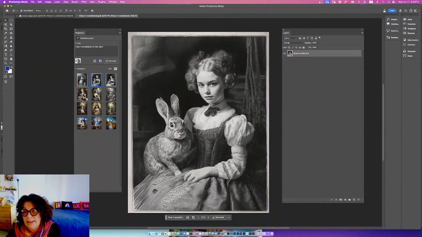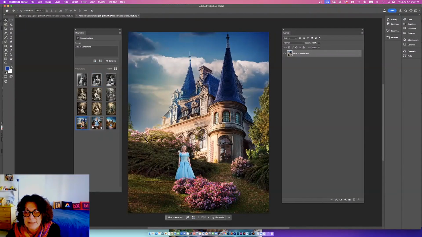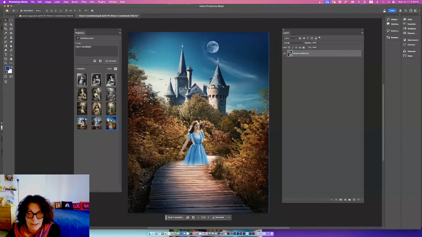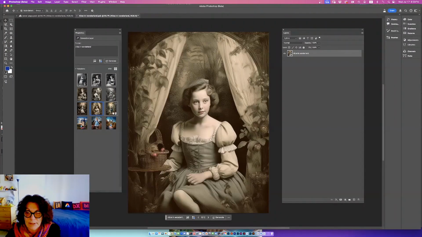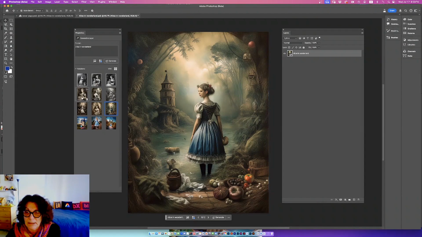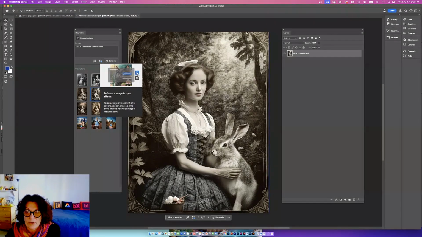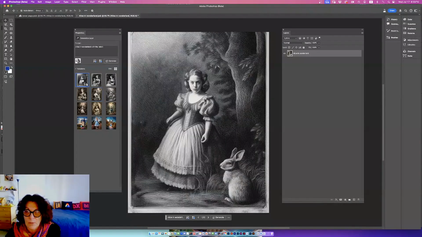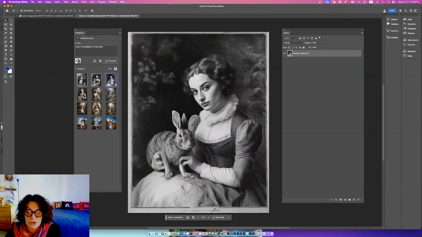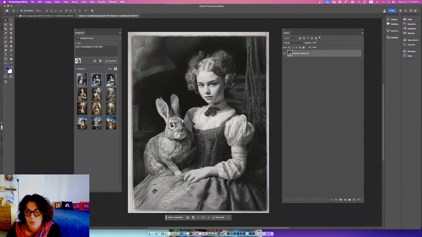Anyway, what I did here, I first wrote Alice in Wonderland in Adobe Photoshop, and then I went to another Alice in Wonderland, which I didn't like, and another one. Over here I had some effects and styles, and in the end I went to this variation of Alice in Wonderland, and this is the one I chose. But I still did not like it as much,